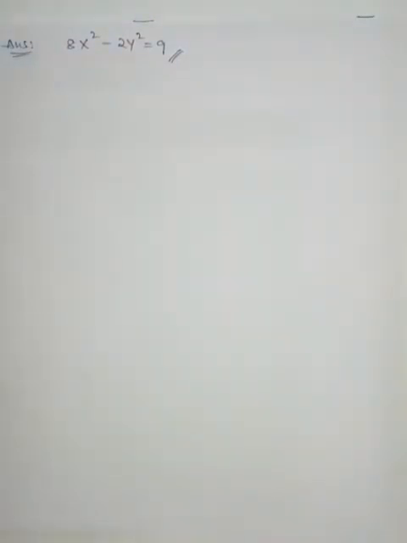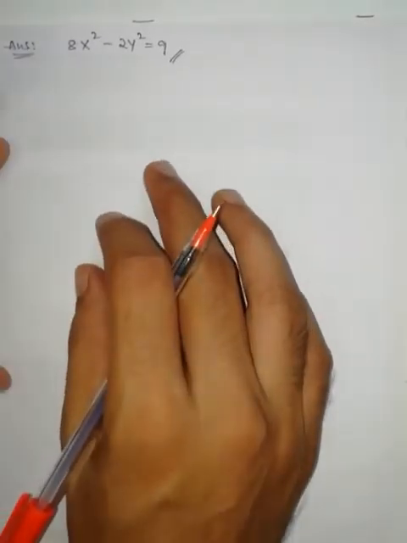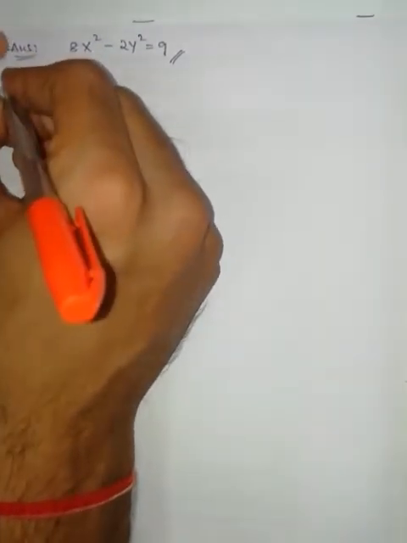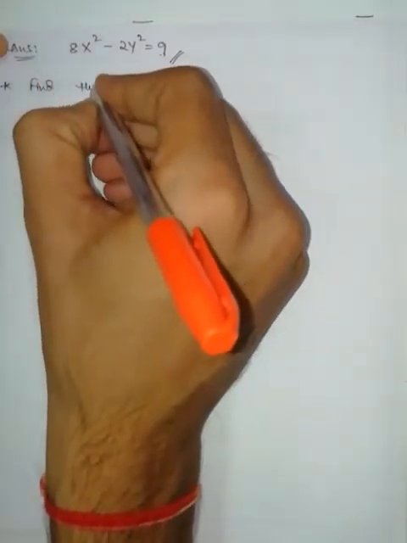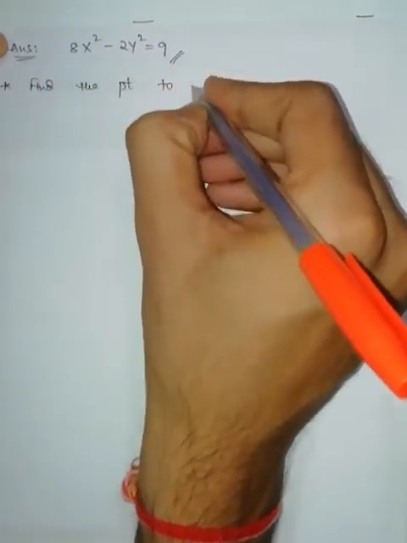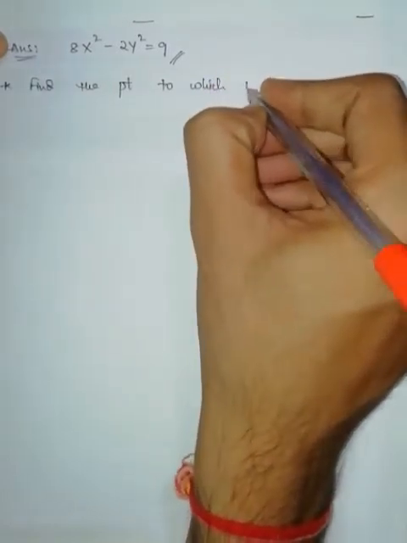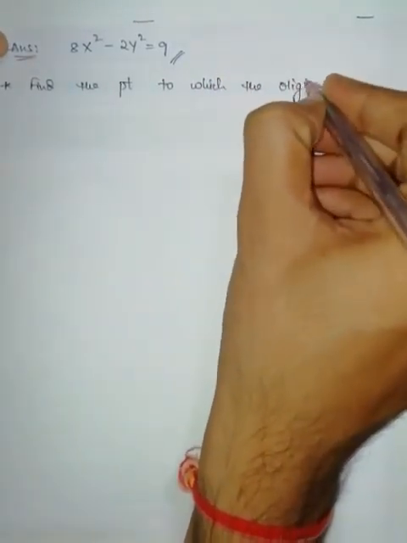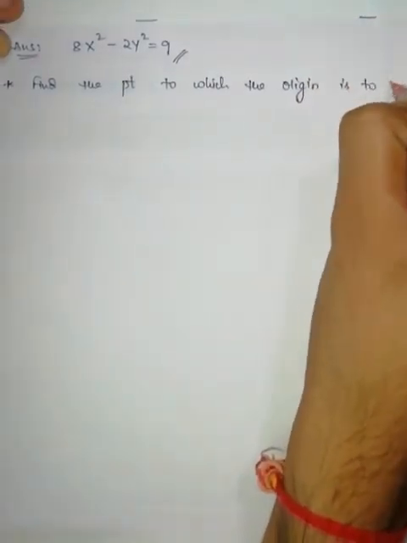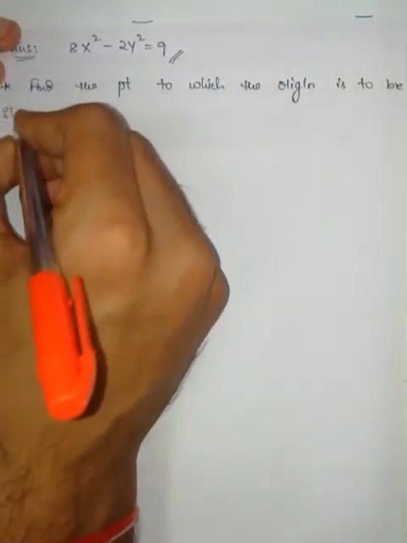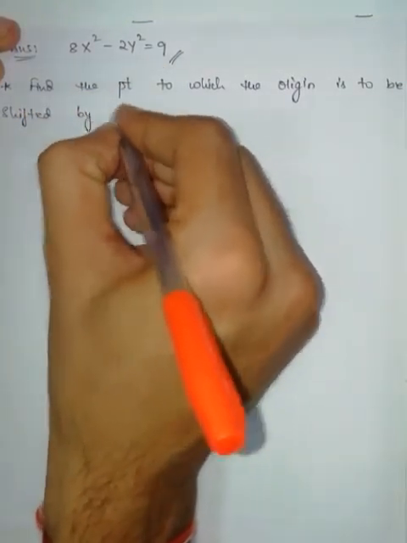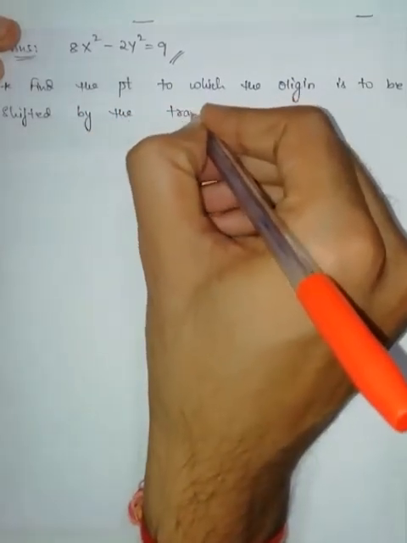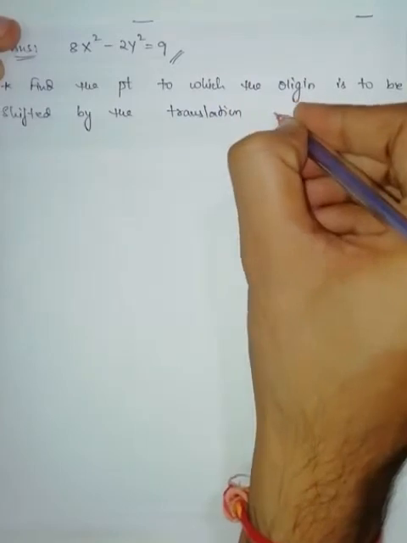Now next problem. Find the point to which the origin is to be shifted by the translation of axis